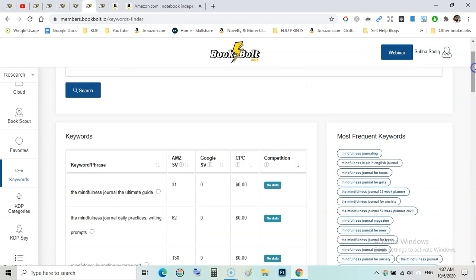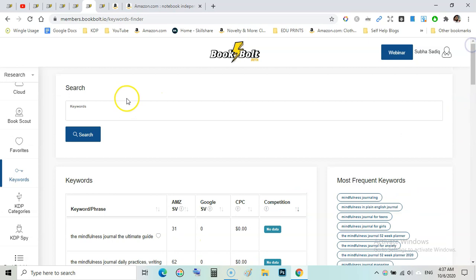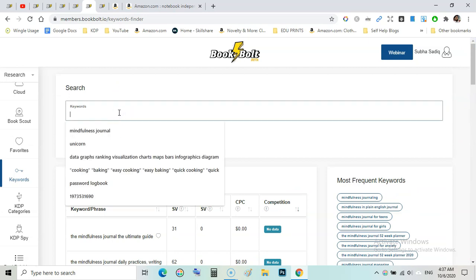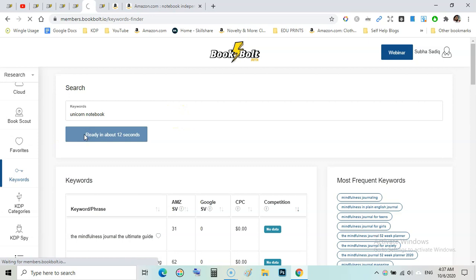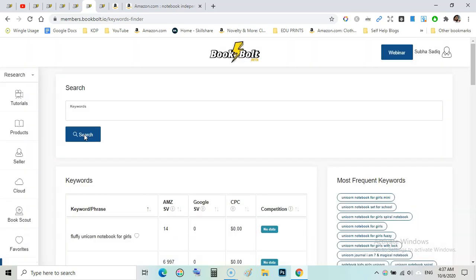If you type another keyword like unicorn, I will type unicorn notebook, and it will show me the data. You need to spend some time and familiarize yourself with this software. This is very cool, very good software, and we will also look at the pricing.